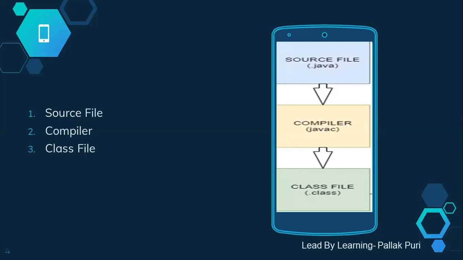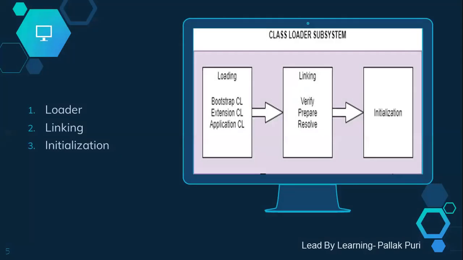And the next step is that the bytecode has to be entered into the JVM. So for that we have the first part, the class loader system. The first component of the JVM is the class loader system, and the class loader subsystem is categorized into three components. The class loader subsystem of JVM is used to load class files. Whenever we run a Java program, it is loaded first by the class loader. There are three built-in class loaders in Java: Bootstrap class loader, extension class loader, and application class loader, right?